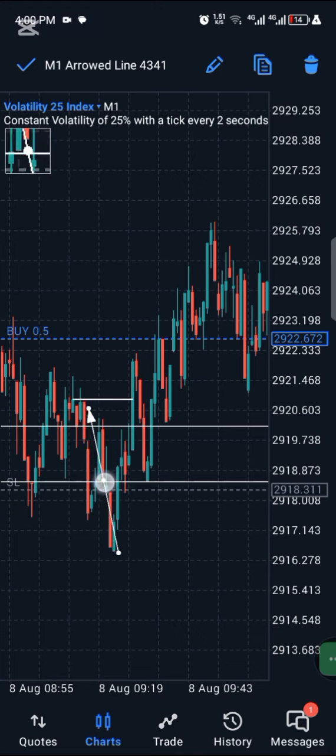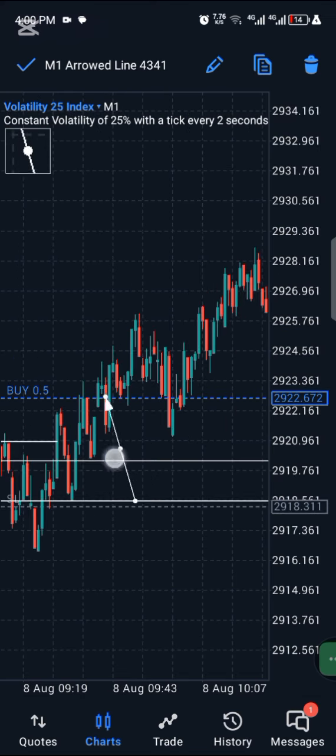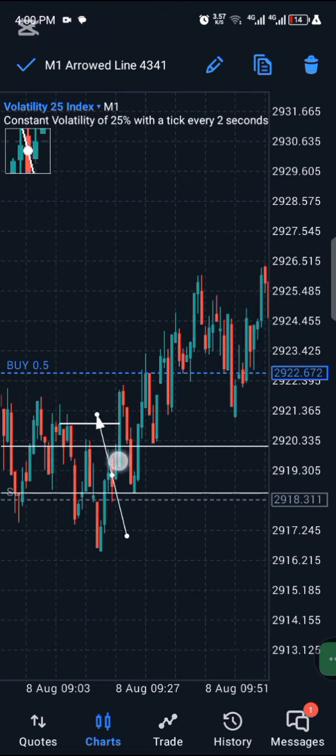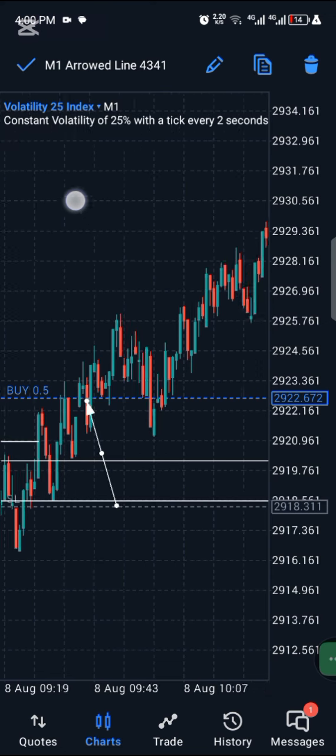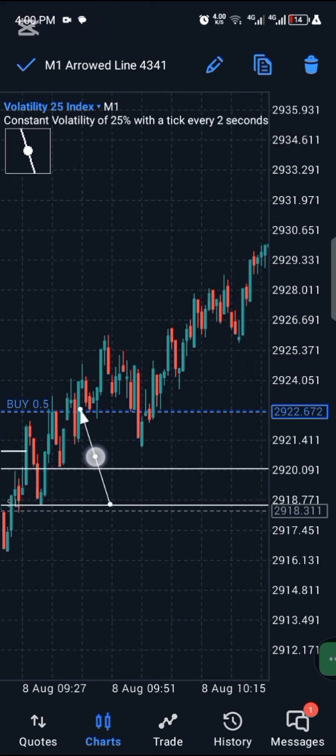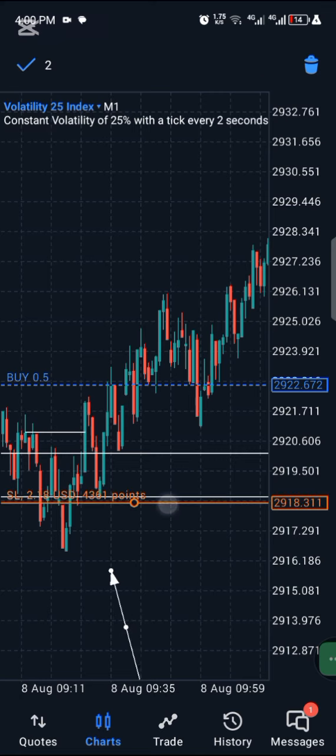So as soon as price broke this high here, I had my shifting market structure to the upside. So I met price around this level when we have actually pushed a little bit above these highs, which was like a good confirmation for me. So I entered here around this level. Then I had my stop loss below this fair value gap. Normally I'm supposed to risk to this low,